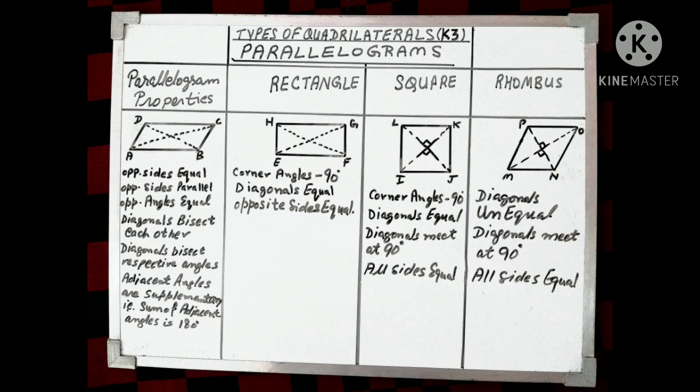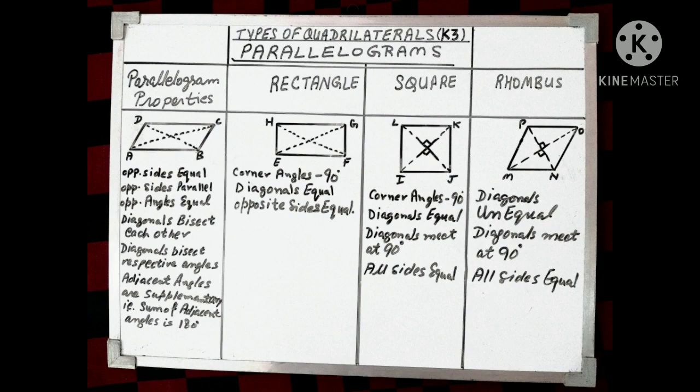The first thing is we have to understand what a parallelogram is, right? Any four-sided figure, a quadrilateral, in which both pairs of opposite sides are parallel. The most important thing is we have to understand the properties of the parallelogram first. In the first figure, ABCD is a parallelogram, right? Where we have